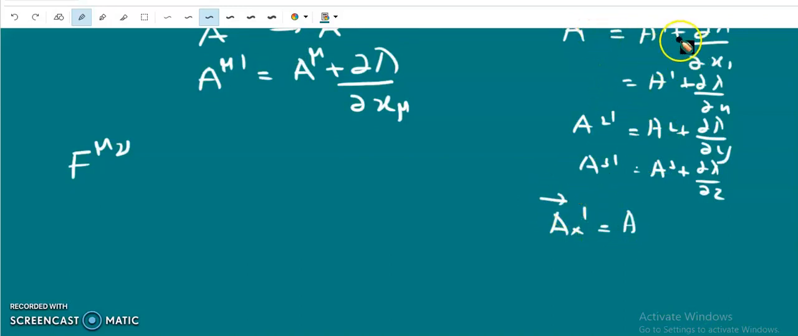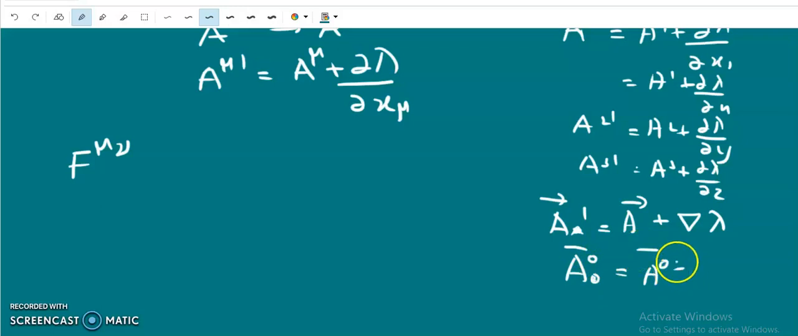in vector form, multiply by I, multiply by J, multiply by K and add. So AX bar I plus AY bar J plus AZ bar K is the vector A. A bar vector is equal to A vector plus dou lambda by dou x I plus dou lambda by dou y J plus dou lambda by dou z K, which is the gradient of lambda. Same equation. Now for a0, a0 bar is equal to a0, sorry, this is not covariant, it is contravariant, a0 plus